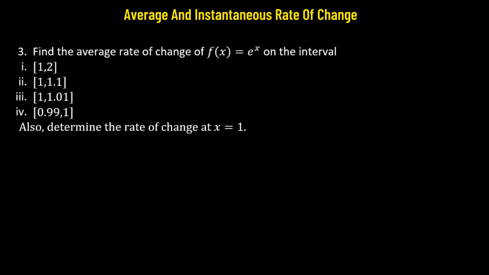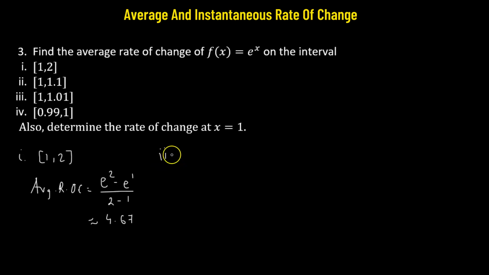Problem number 3, we have the exponential function. Let's begin with the first interval. In the interval 1, 2, we have e raised to the power of 2 minus e raised to the power of 1 divided by 2 minus 1, and this value is approximately 4.67. Number 2, on the interval 1 to 1.1, this will be equal to e raised to the power of 1.1 minus e raised to the power of 1 divided by 1.1 minus 1. So we have a value